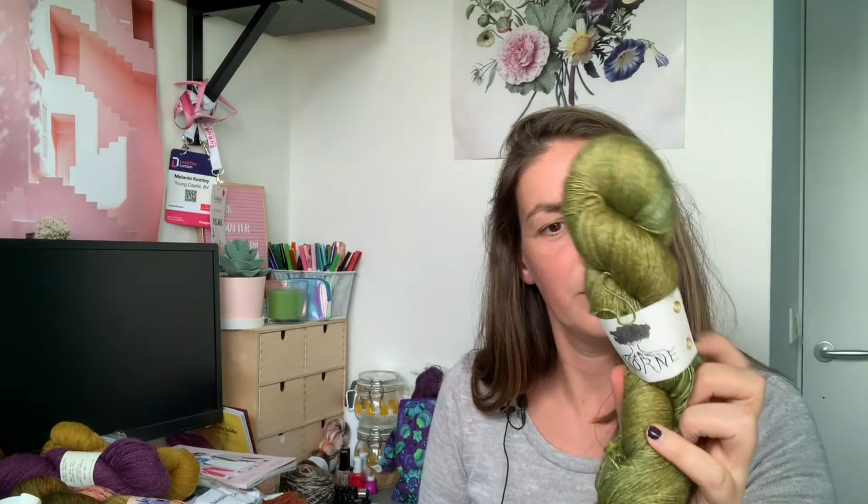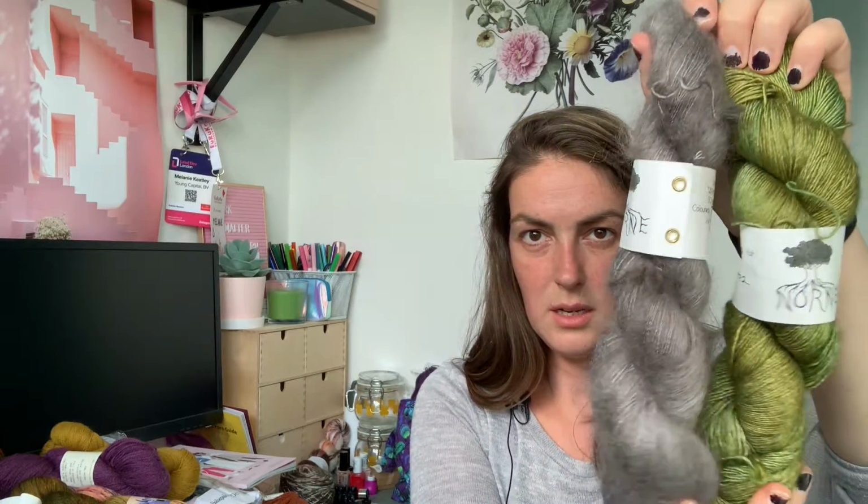Norna yarn stall, and I got this set to make the point shawl, which is a brioche design by Julie Knits in Paris, and I have been looking at this shawl quite a bit in the past. They had a sample knit at the booth and I was all over it, so I was grabbing skeins together to see if it was the one that I wanted to knit the shawl in. In the end I chose this,